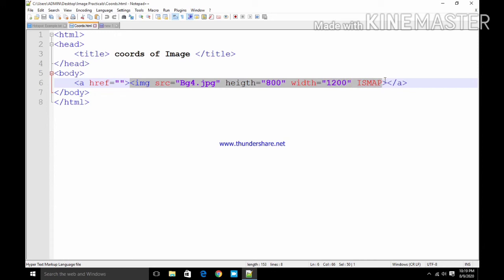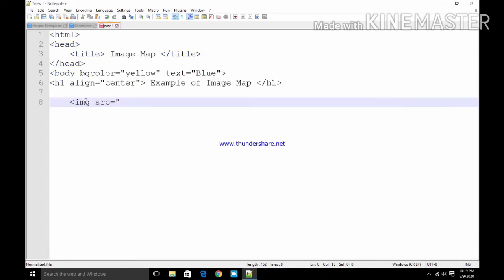The entire thing of the img tag will be the same. Only difference will be here: instead of isMap we will write useMap equal to, and provide a name like hash myimage I am giving. Okay.